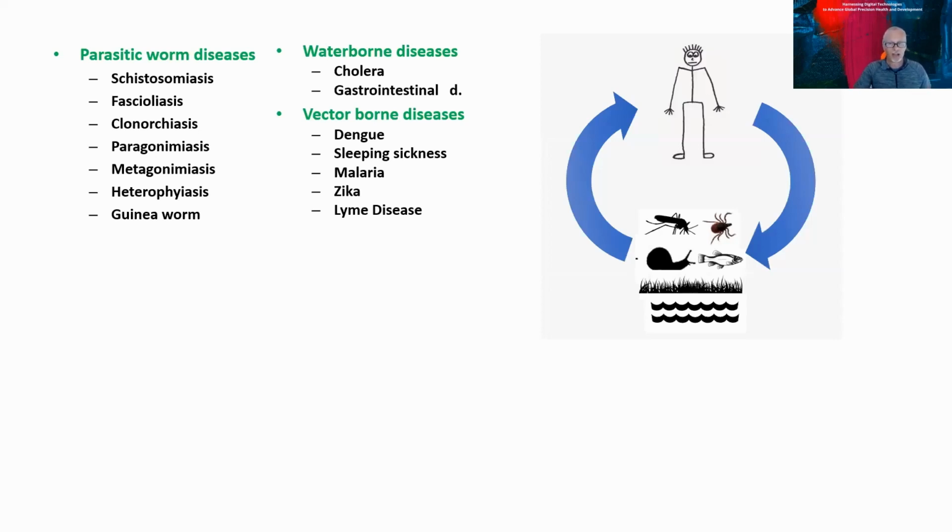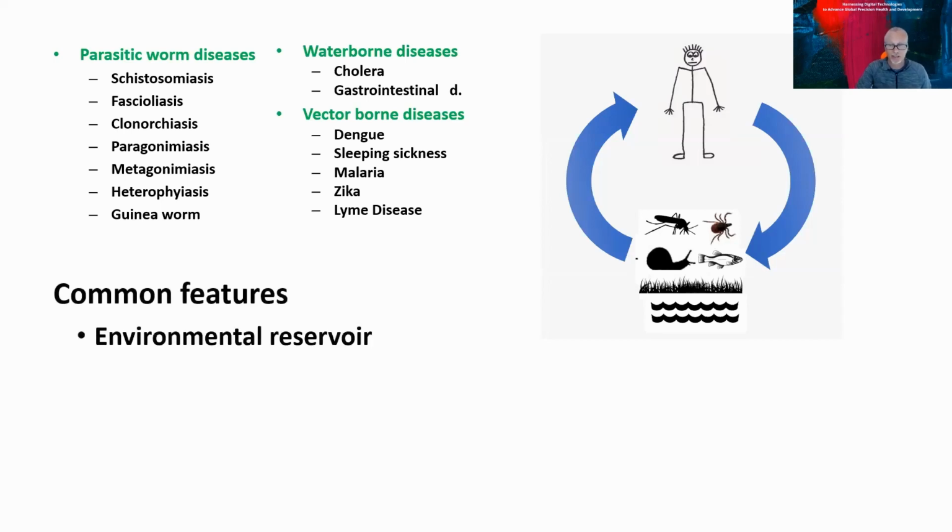They have an environmental component in their transmission cycle, whether a free-living stage of a parasite or an animal reservoir. For these diseases, contagion occurs through infected bites, for instance, from a vector such as mosquitoes or a tick, or simply by stepping into contaminated soil or water.